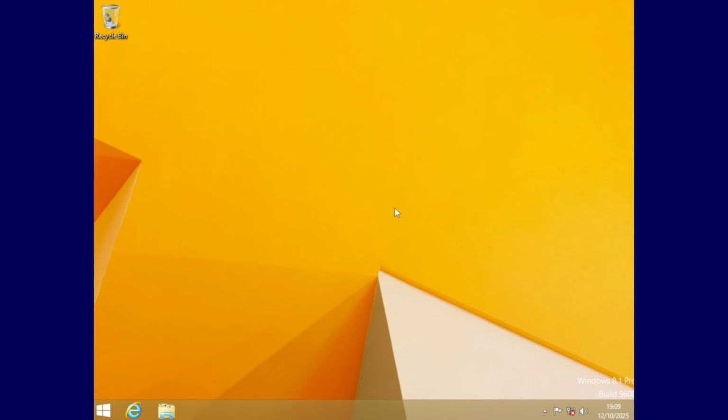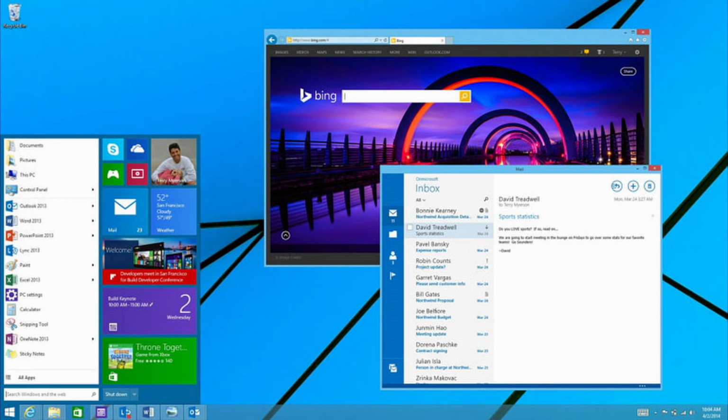However, sometime in 2014, there was news of a new update that would be coming called Threshold. Now, not only would this allow Metro apps to run in a window on your desktop rather than insisting on being full screen, the update would also bring a start menu to Windows 8 rather than just the start screen.